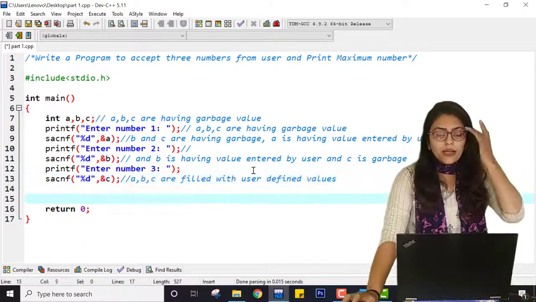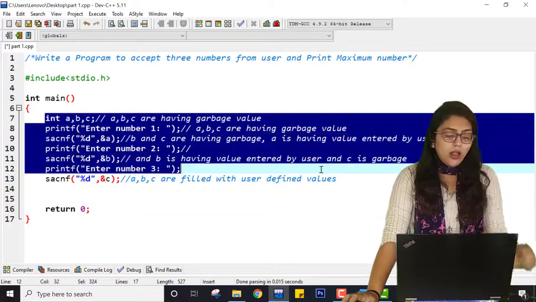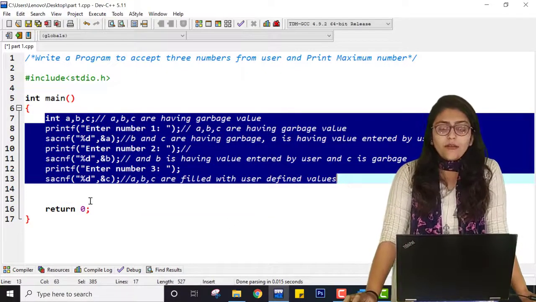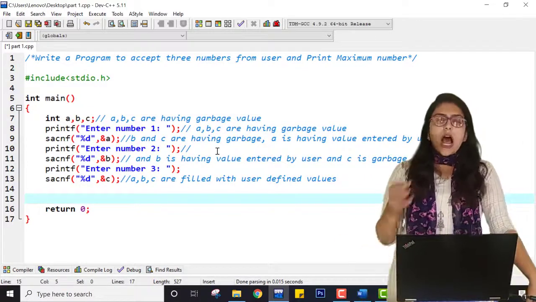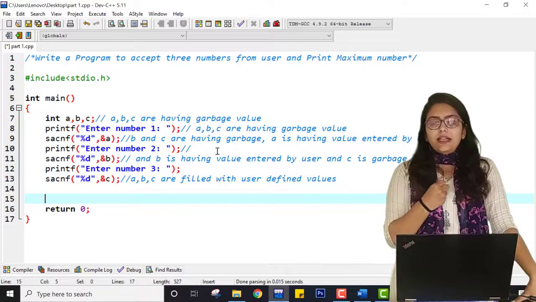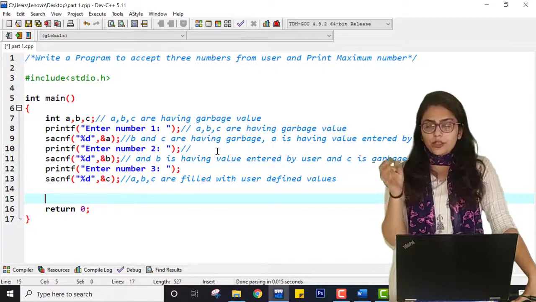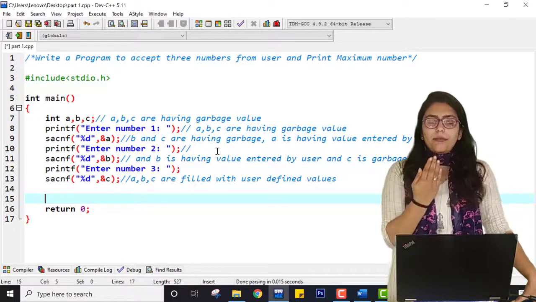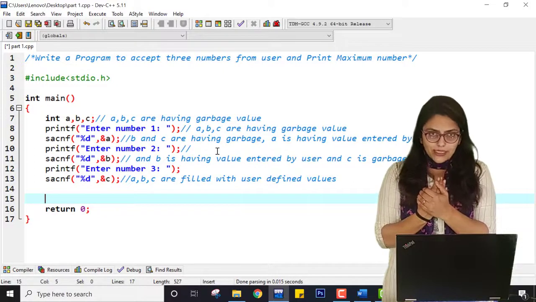So right now, before this stage, you cannot write any expression, otherwise it will give me an error, right? So now I want to check which of these numbers is maximum. So how among 3 will I decide if one number is greater than the other 2 numbers? I manually check each of the numbers, that if first number is greater than the second number and third number, then the first number is maximum, right?